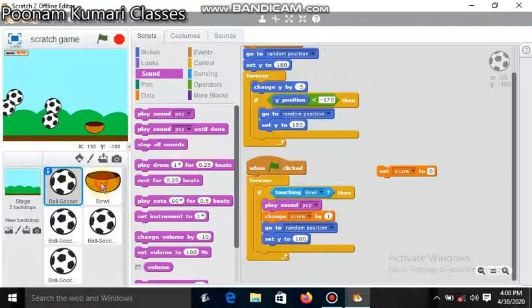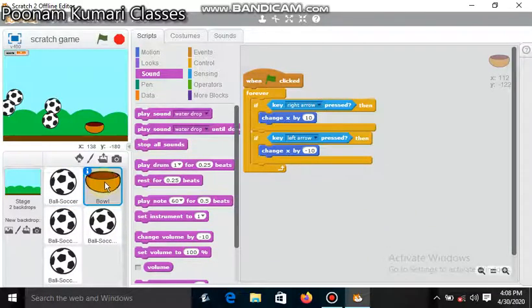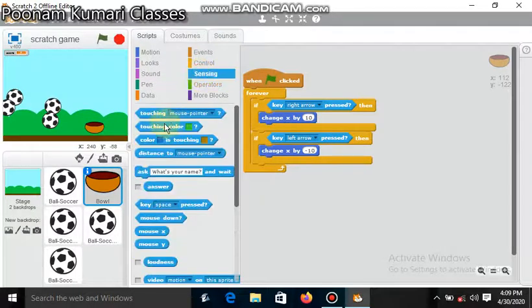Then you have to go to this bowl. After clicking on bowl, you have to select when green flag clicked, then the forever block. Then inside the forever, the if then block, I have already told you where it is available. Then it is key right arrow pressed. It is available in the sensing block. Here key space pressed.